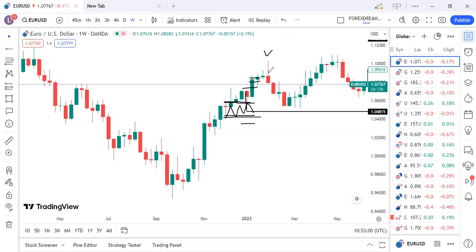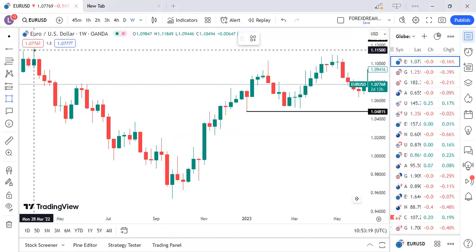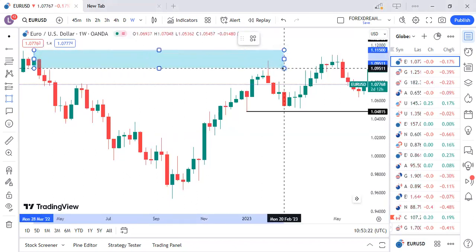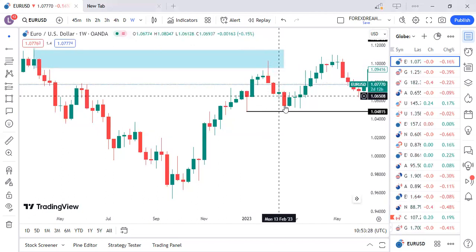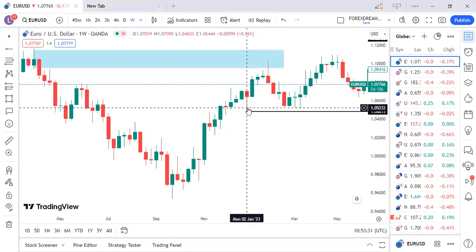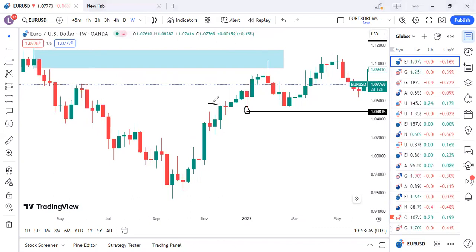For you not to predict, the best thing that you can do is move to your far left. You have to rely on your left-hand side. On your left-hand side, what is it you have? You realize that there you have a supply and demand. In the beginning of a new trend, you're going to get a supply and demand. We're going to talk about the supply and demand soon as well. Do not worry about it. Here we now have a supply and demand that pushed the market all the way down to test this potential continuation. Now, this potential continuation pattern created a new support.